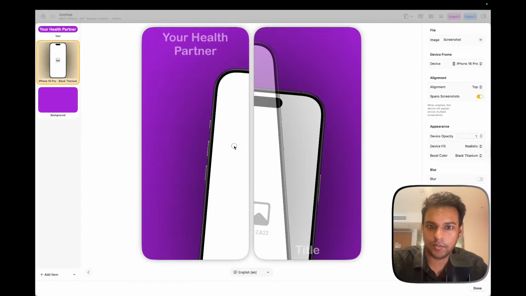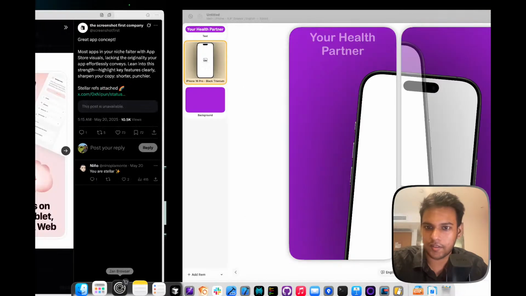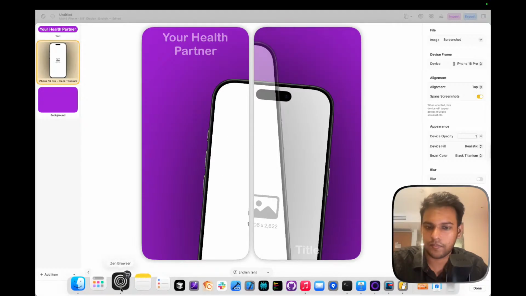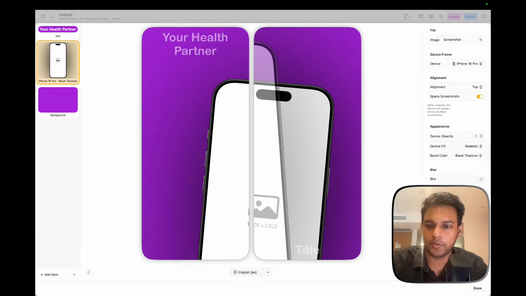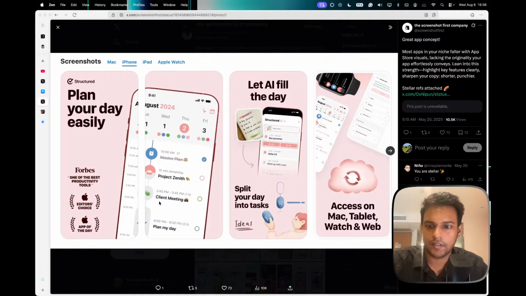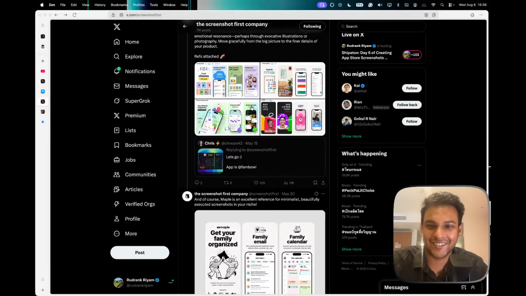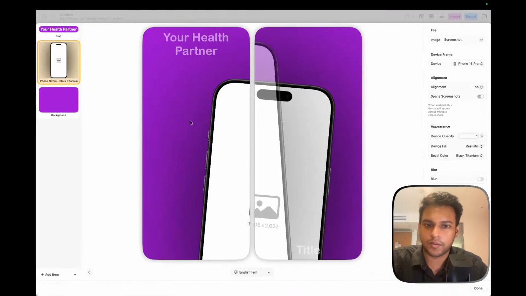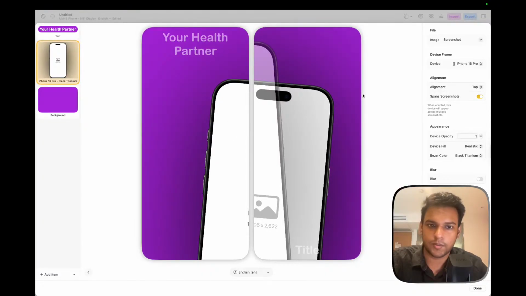Yeah, so this is what I want, right? Let's go back and see how it's doing. It's a bit on this side. But then how will I get that loop perfect? Screenshots are tough, man. So this is something I really liked. And this was the loop effect that I wanted. So for the main menu, I would want something related to macro tracking, and the second one will have the workouts. So let's try to do the first two screenshots and one that will have the loop effect.